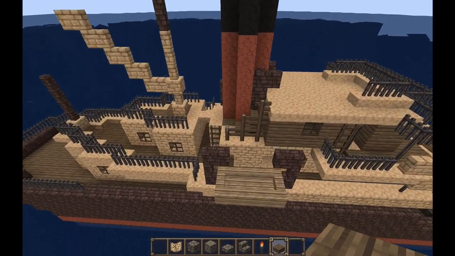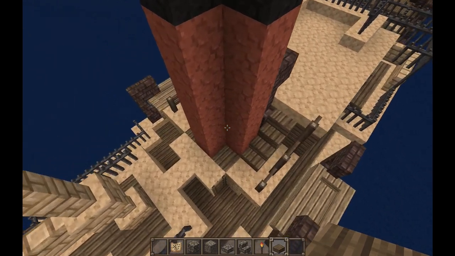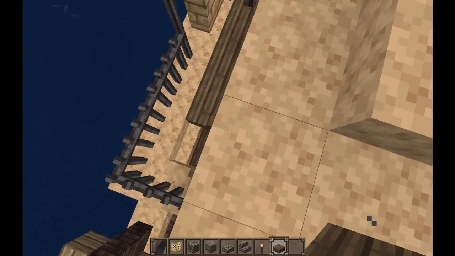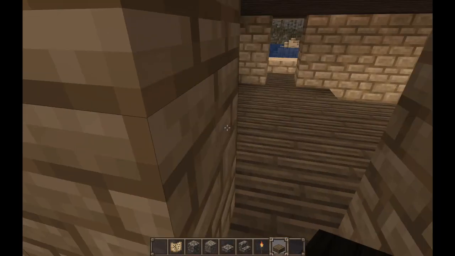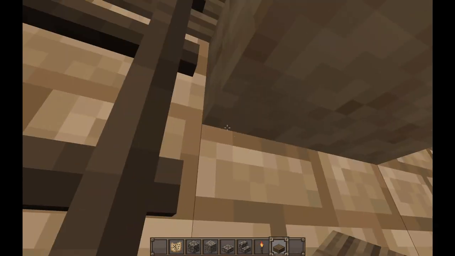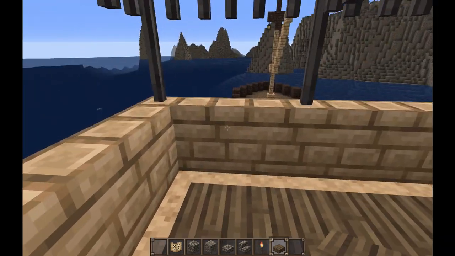So I will show you now the captain's cabin. If you come over here, there's actually a ladder to get down. It goes all the way down to the main deck as well, so you can get there either way. So if we go up, captain's cabin, and then out front,